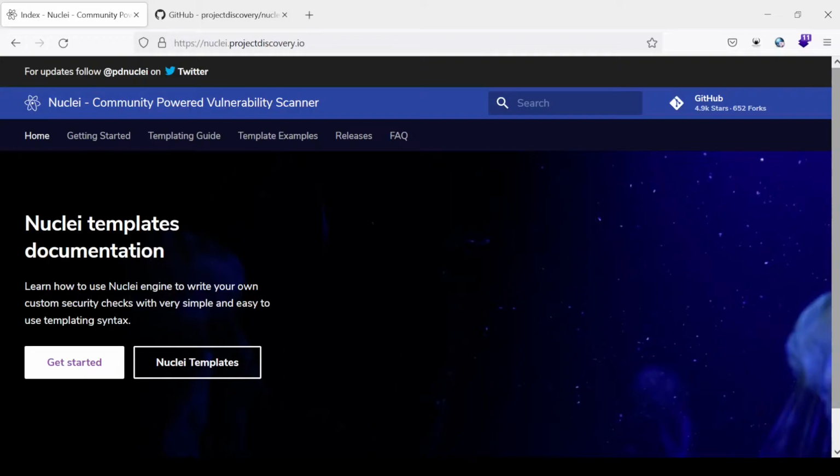In this video we will be looking at various types of templates that we can use to find vulnerabilities, or check whether some vulnerabilities exist. We will be starting with the basics of the scanner. The good thing I want to point out is that it has lots of capabilities. As a vulnerability scanner, this is an excellent tool.